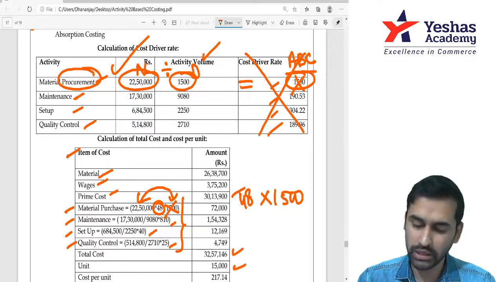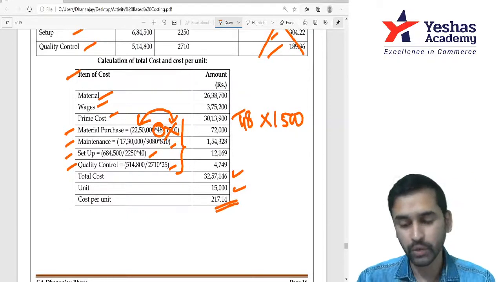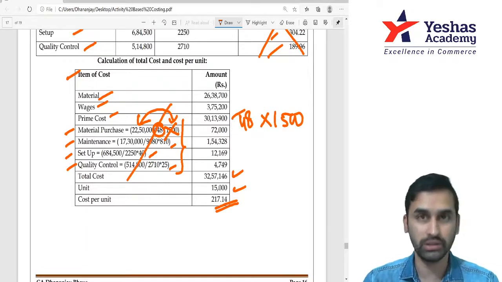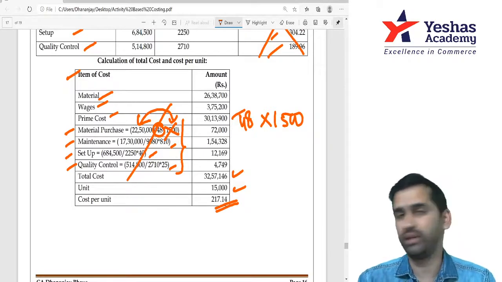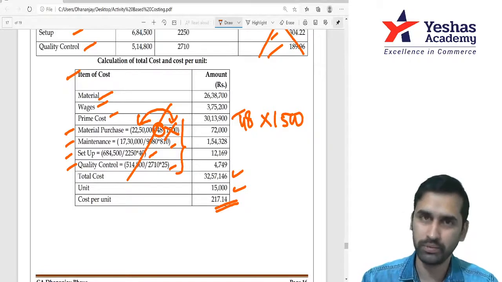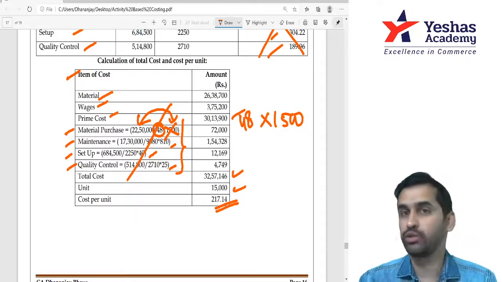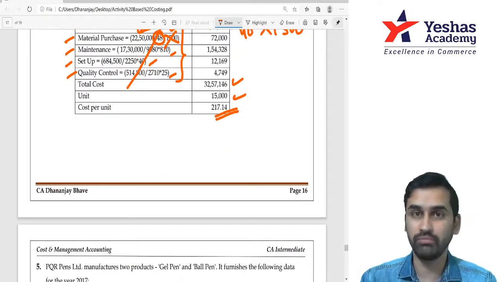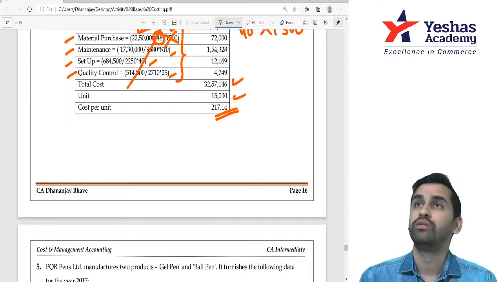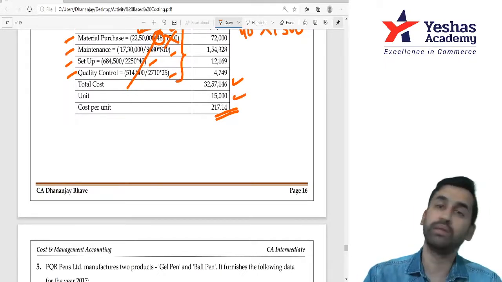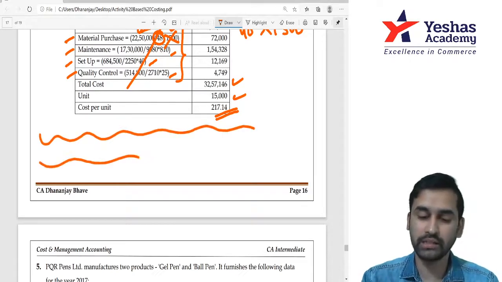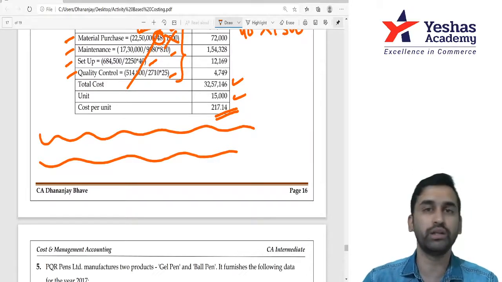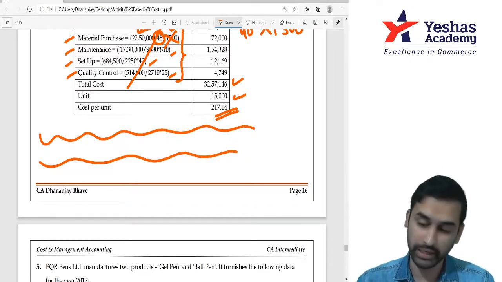You will get the total cost divided by the number of units. You will get cost per unit. You don't worry about how they have presented. I've told you how to do. We solved 8 questions, and there are another 4 or 5 practice questions. You will get to know the working notes, the flow. Correct? Final answer you check, that should match, right? See, they have not asked for any comments or your inputs. They did not ask whether the company should follow the old method or new method. So nowhere in the answer are you seeing any extra comment, because it's not asked. You don't have to write. If they ask, you need to write, and I've already shown how to write when asked, right?